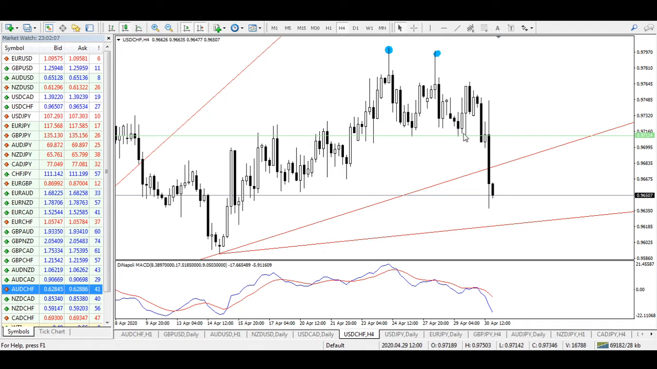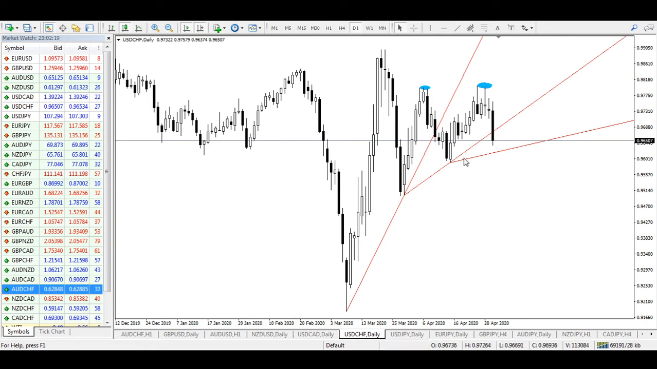neckline was broken. This was the double top and this neckline was broken, and I had told you to calculate your target in two ways, either the classical target of double top or target as per this deviated trend line. So you can watch previous video of USD CHF. You can go to the news and analysis page and watch that previous video to understand. But now what I see is